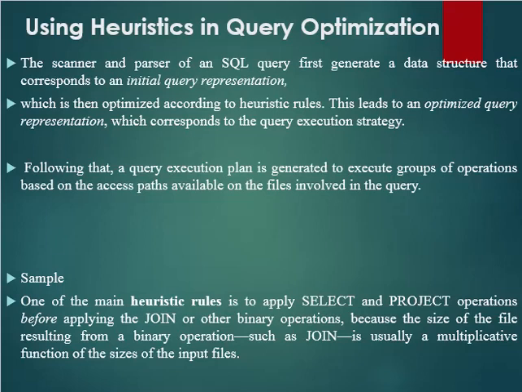It will create a big table, and thus we need more storage space for storing those tables. So the procedure is that we have to do select and project before the join operation. This is the heuristic rule. There is no theory behind that. Nobody proved that you have to execute select and project before join.